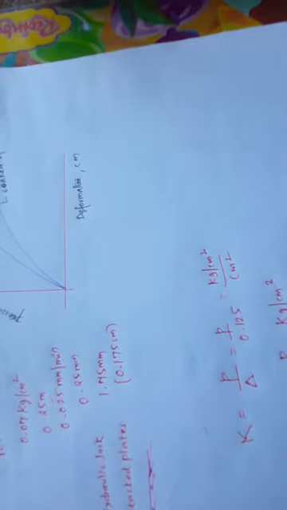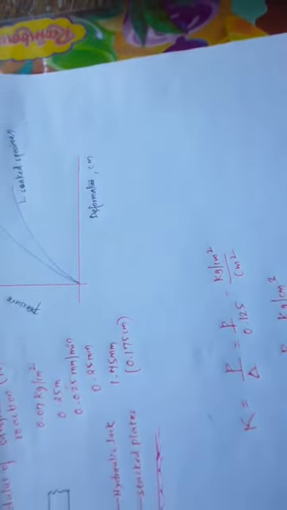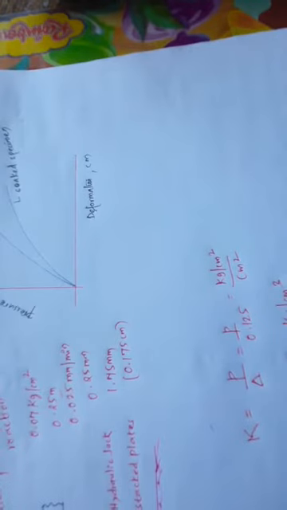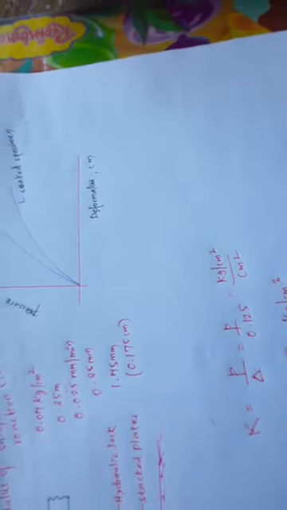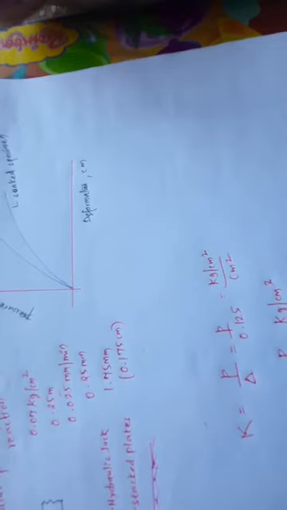So in some conditions, what happens? The modulus of subgrade reaction of the soil will be lowest at the soaked condition, because the moisture content at the time of carrying out the plate bearing test may not often represent the worst moisture conditions. Yes or no? You might go when the soil is very much dry in nature. So it may not be practical to always carry out the test at soaked conditions to determine the design K value. In such conditions, what do we do? The modulus of subgrade reaction is found at the prevailing moisture content, and the value so obtained may be modified for the soaked condition by applying some correction factor.